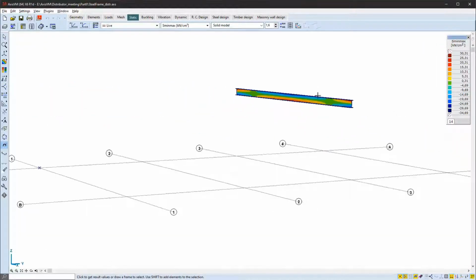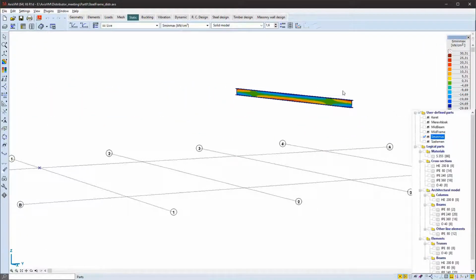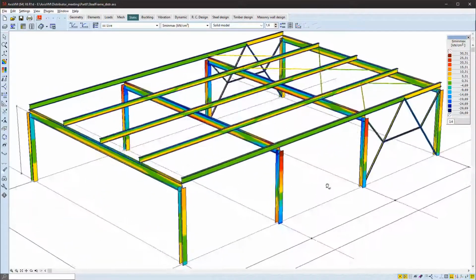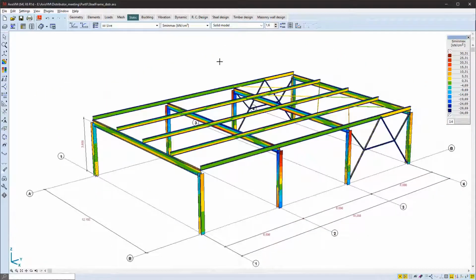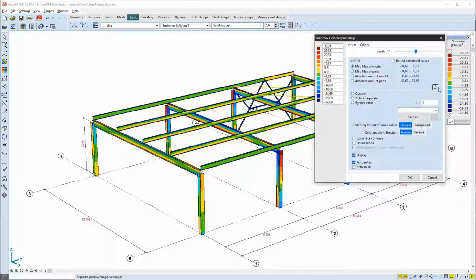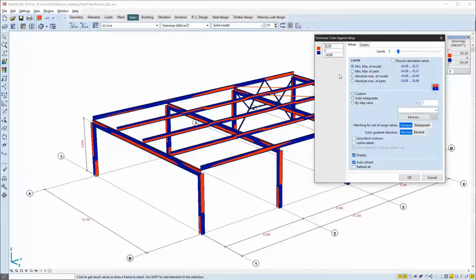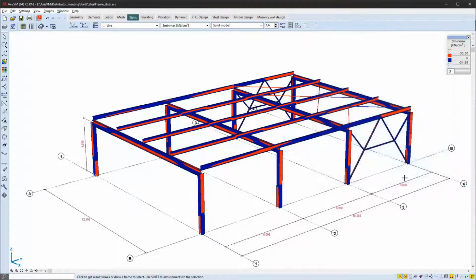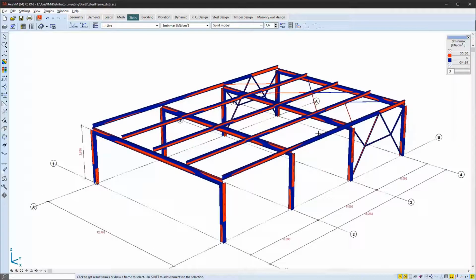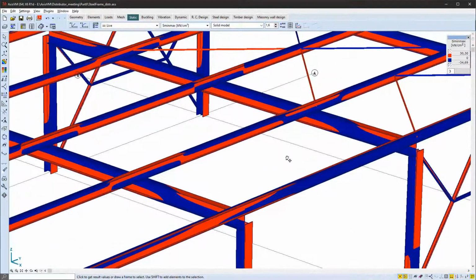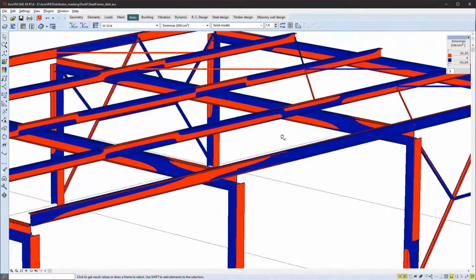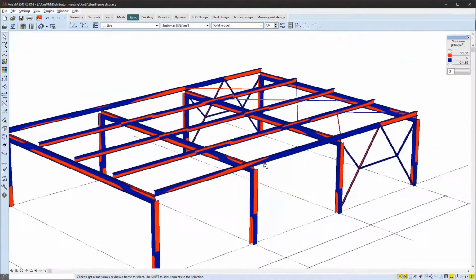There are some minor improvements on the color legend palette settings as well, where we have a new button to automatically separate positive and negative values for a selected result type. And staying with the normal stresses, compressed and tension parts of the beam separate quite visually.